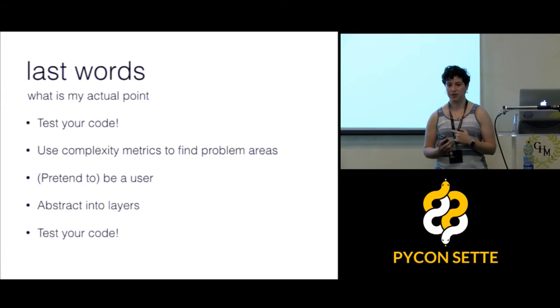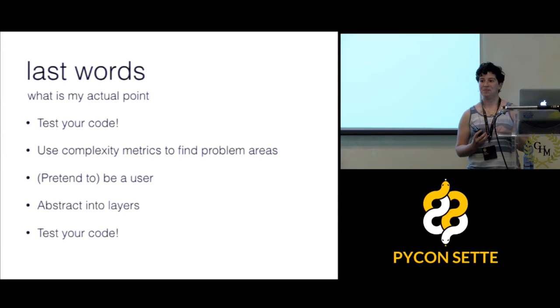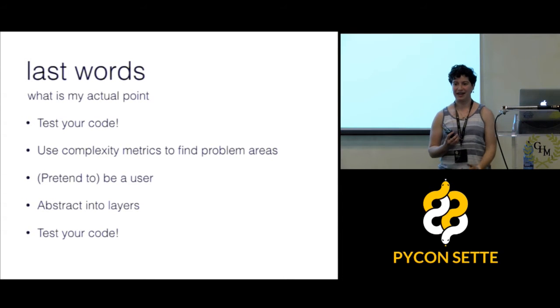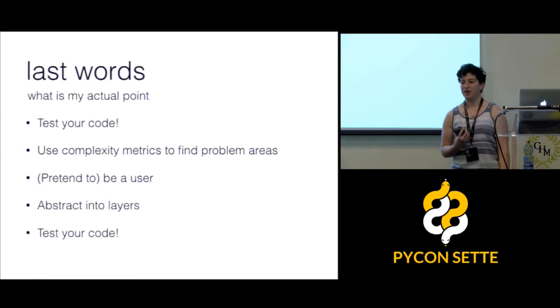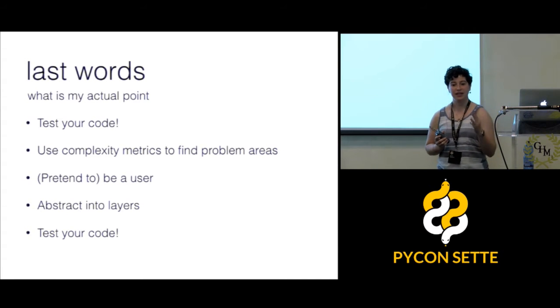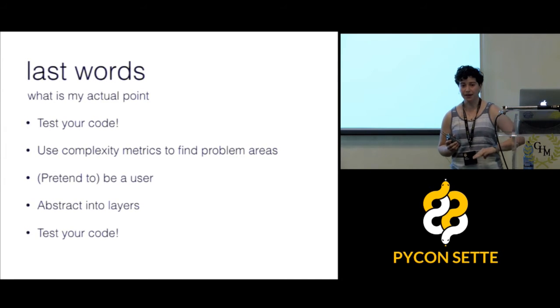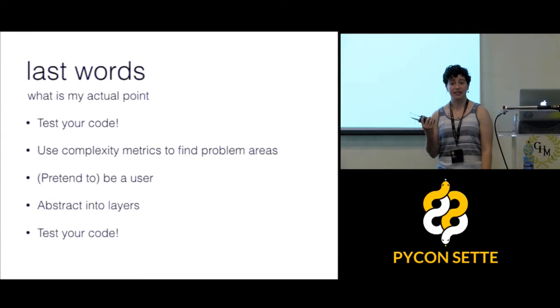There's actually a book called Your Code is a Crime Scene that is all about refactoring, and that's where I got most of my opinions about how to use tabs and lines of code and commits to find problem areas. I highly recommend it. Thirdly, you're a user as well as a creator, so if something is bothering you, fix it. Because if it bothers you, guaranteed it's going to bother everyone else because they don't have the same knowledge of your code as you do.